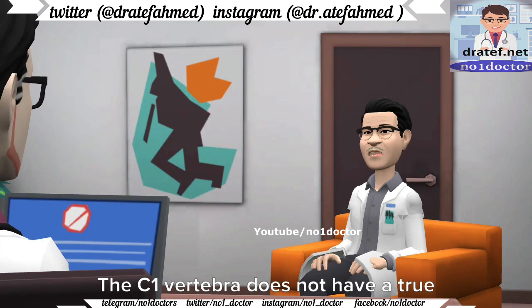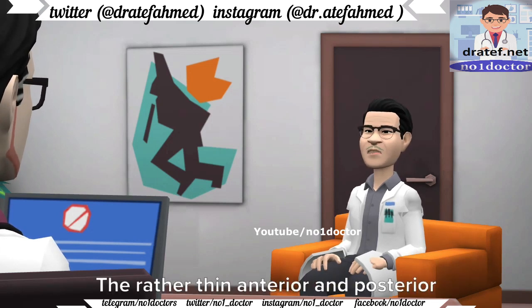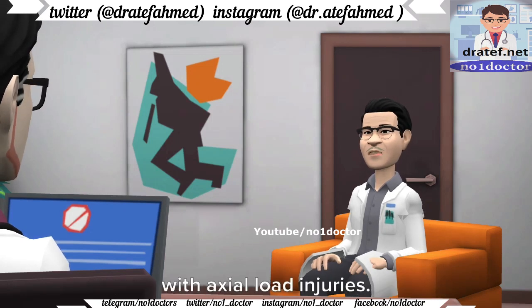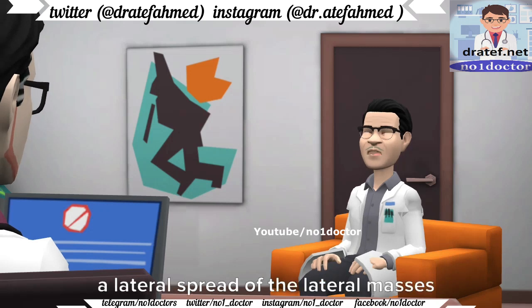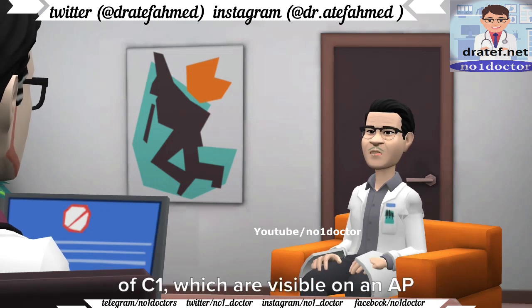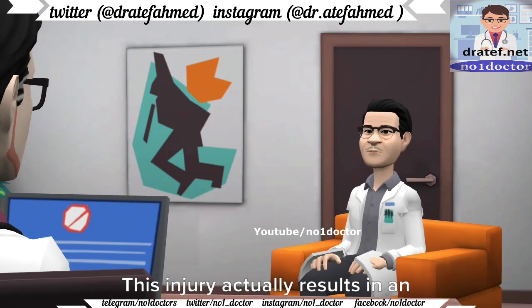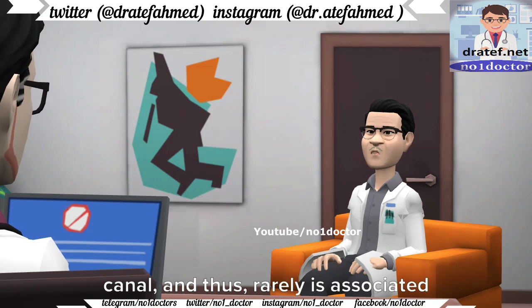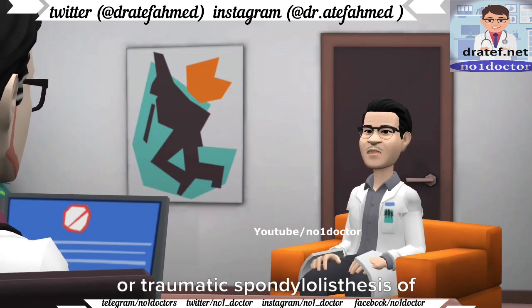The Jefferson fracture is a fracture of the C1 ring. The C1 vertebra does not have a true anterior body as do all of the rest of the vertebrae. The rather thin anterior and posterior rings are subject to fracture, particularly with axial load injuries. The Jefferson fracture results in a lateral spread of the lateral masses of C1, which are visible on an AP through the mouth X-ray image of the upper cervical spine. This injury actually results in an increase in the size of the spinal canal, and thus